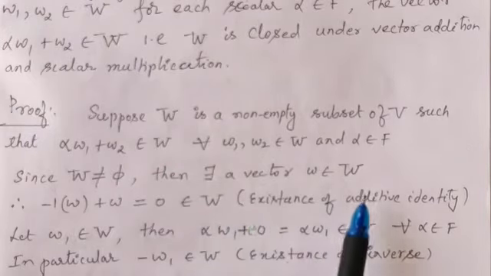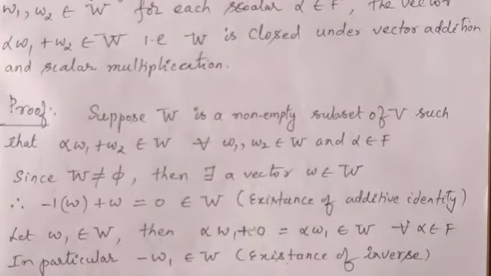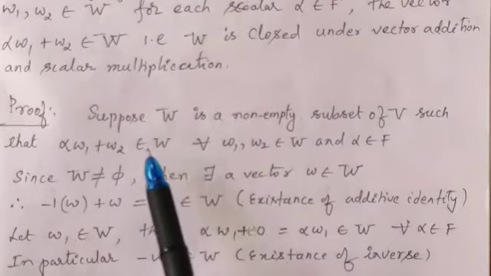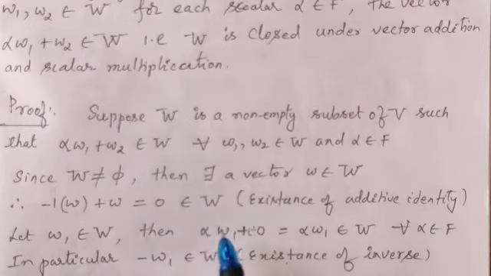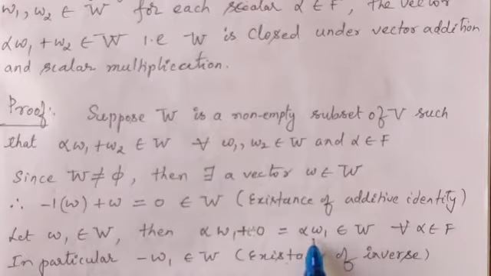So what have we proved now? Existence of additive identity. Similarly I want to prove the existence of inverse. So let us take a vector W1 in W. Now I want to prove that its negative is also in W. Once again the equation is alpha W1 plus W2 belongs to W. So I have W1 in W, alpha is a scalar, and 0 also, we just found that 0 belongs to W. Then definitely according to our assumption this sum, which is equal to alpha W1, belongs to W. So one more thing we have proved here: scalar multiplication. So W is closed under scalar multiplication.